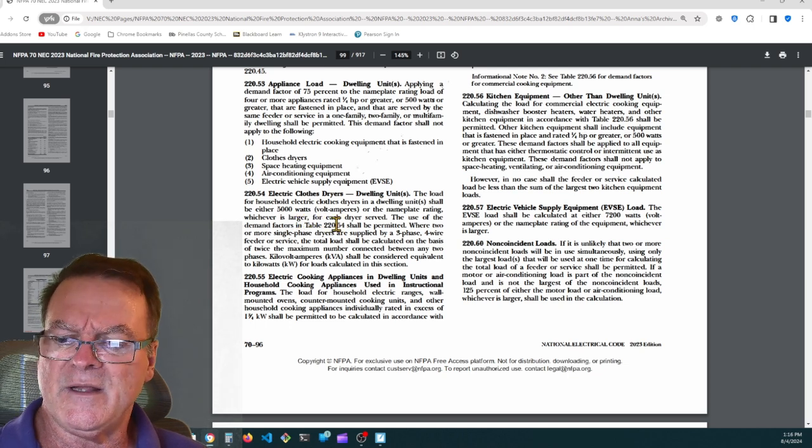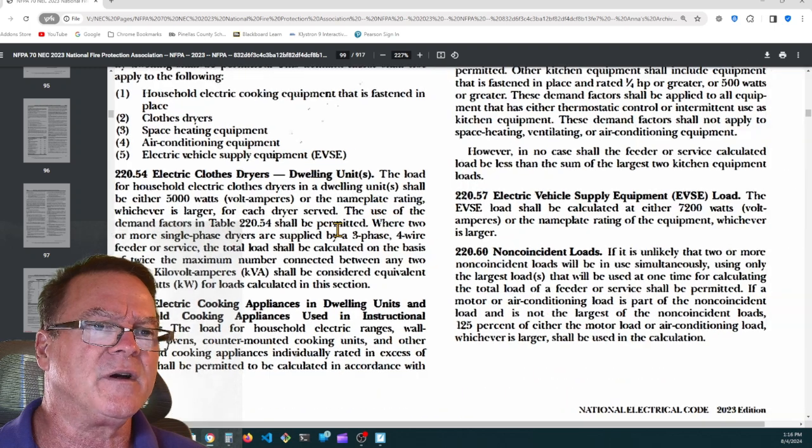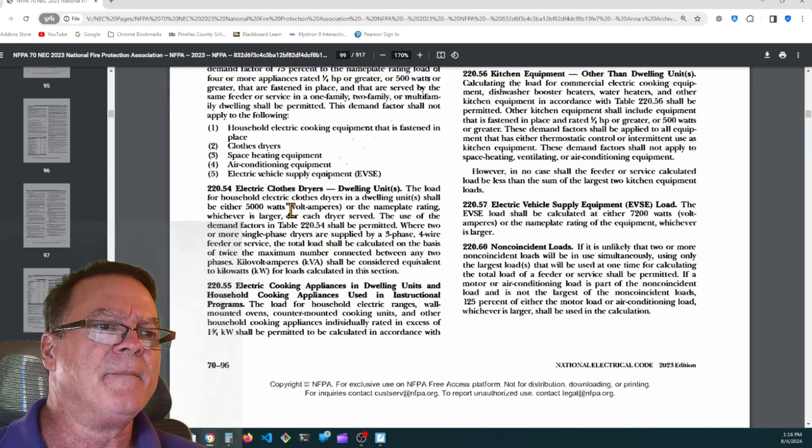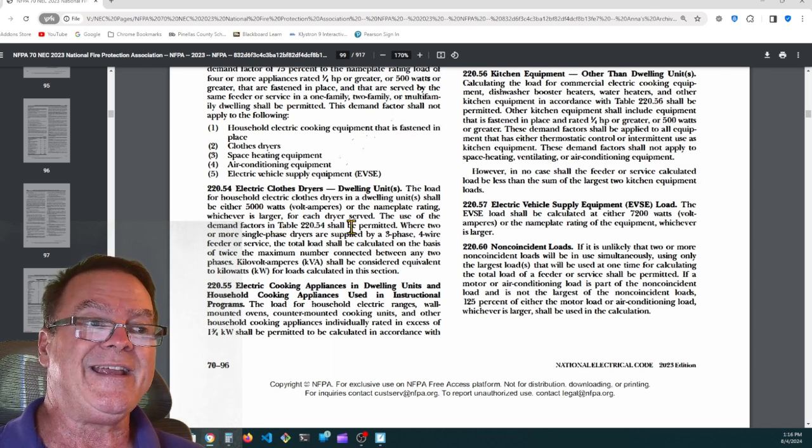watts. Can you read that? Let me see if I can make this a little bigger for you. Sorry, there we go. That might be better. Shall be either 5,000 watts or the nameplate rating, whichever is larger for each dryer